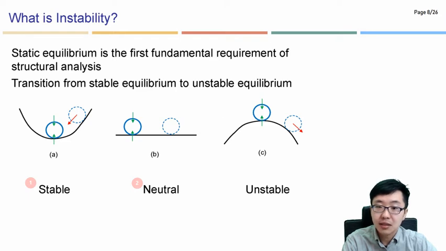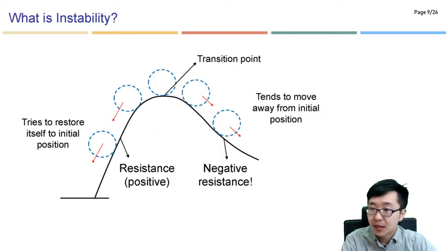also an equilibrium condition, but we call it unstable. If we apply a small amount of load, that can make it move to the left or to the right. You know what I'm saying? So like here,